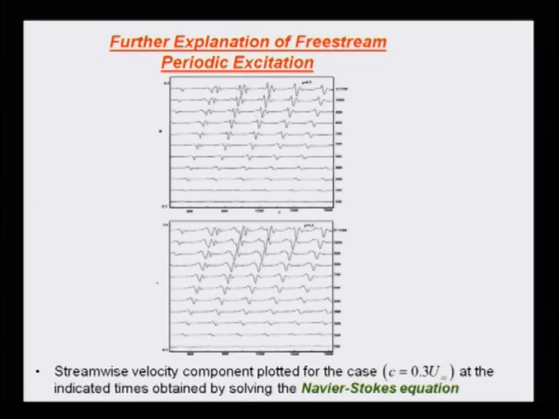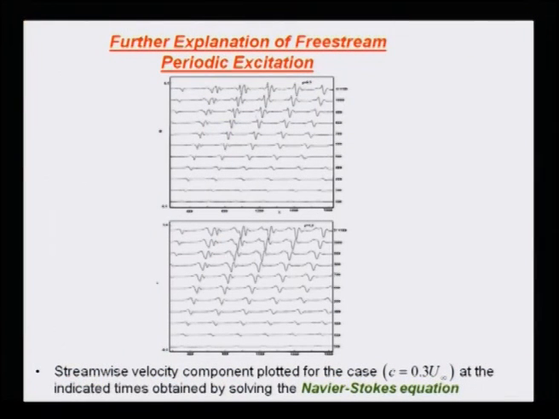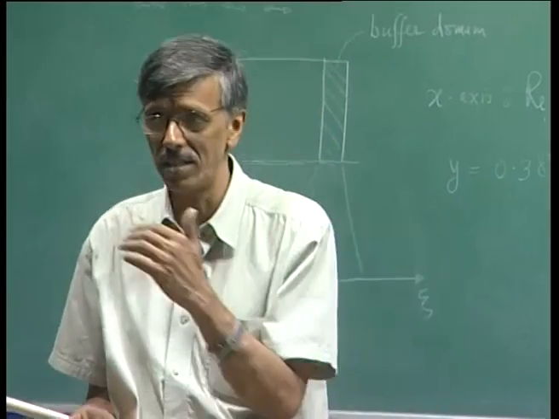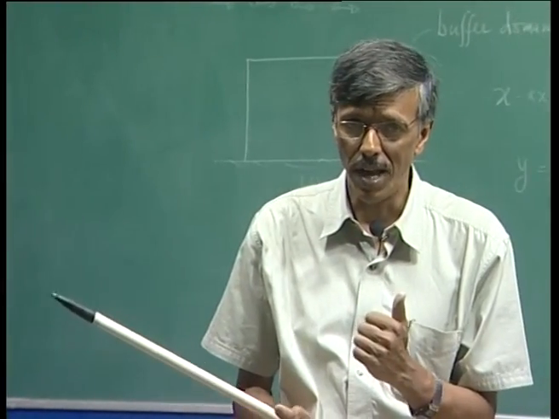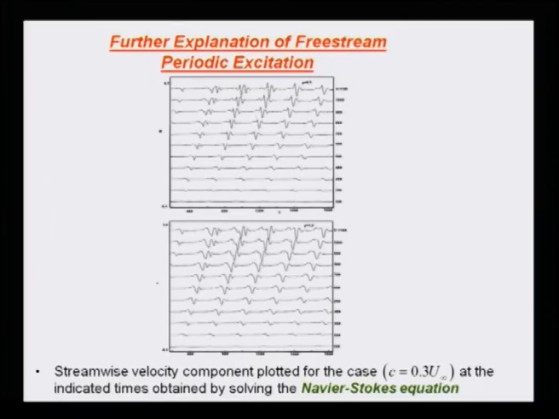Now, this is a case where we are looking at some free stream periodic excitation, but this is that bypass mode where the speed of propagation is not u infinity but 0.3. And if you recall, I drew that neutral curve. C equal to 0.3 would be the case where the disturbance will enter inside the neutral curve and stay for a long time. So that's the reason that we chose this. And we are showing you the result at two heights. I think one of the height corresponds to